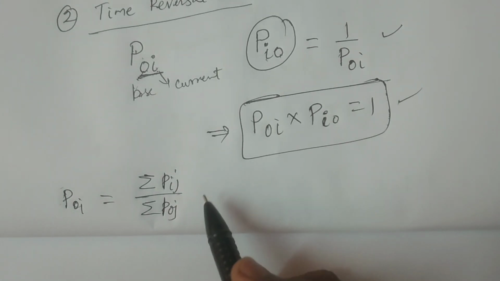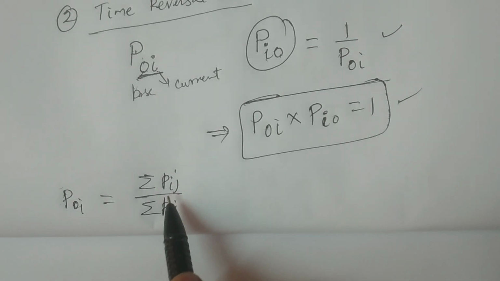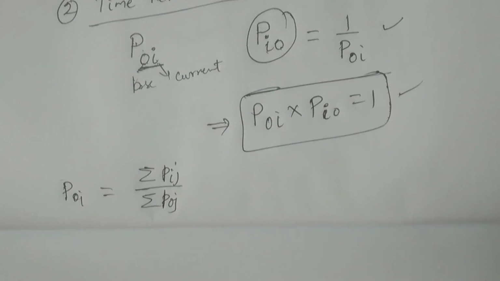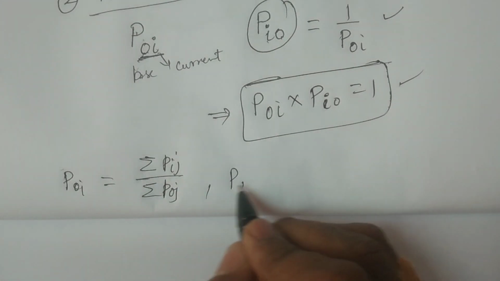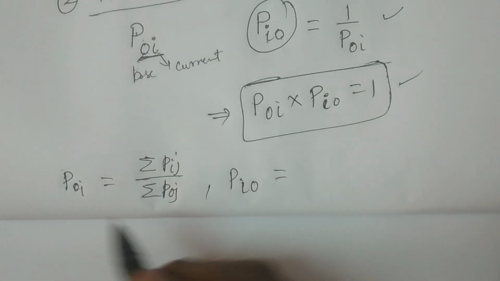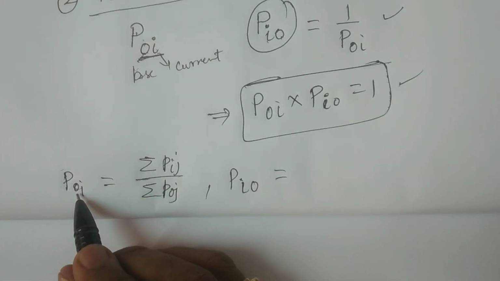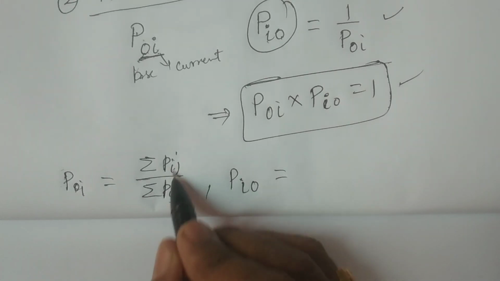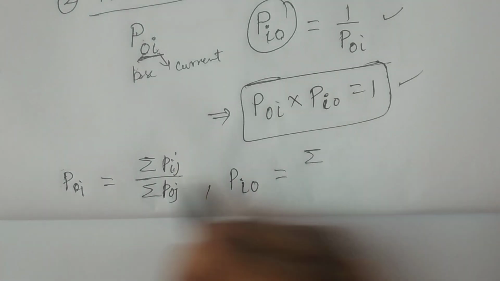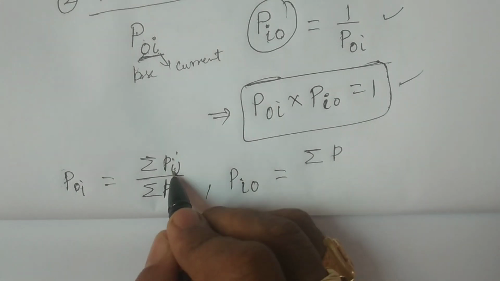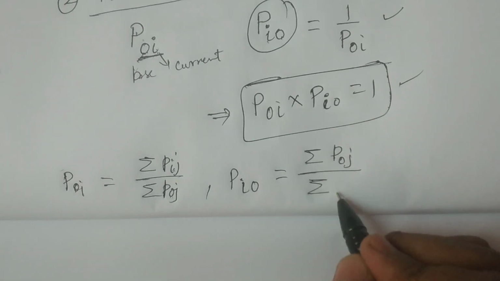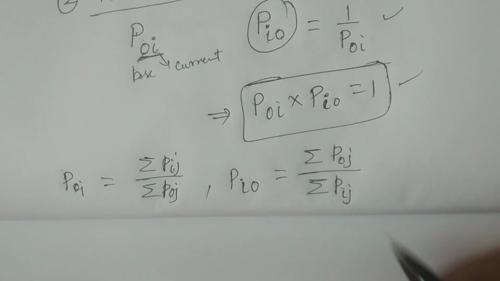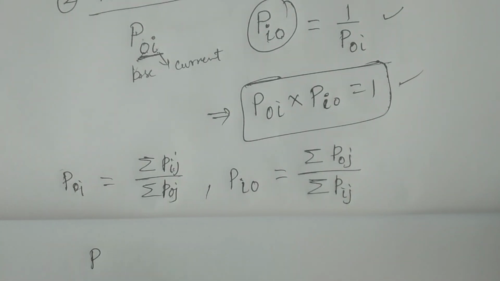I am not considering 100 because I am only verifying, testing the formula. So therefore P0I is this Pi0 I am calculating. That is, we are interchanging the time periods, 0 with I and I with 0. So therefore summation P, the I becomes 0 and the 0 is interchanged with I, summation Pij. So now we calculate P0I